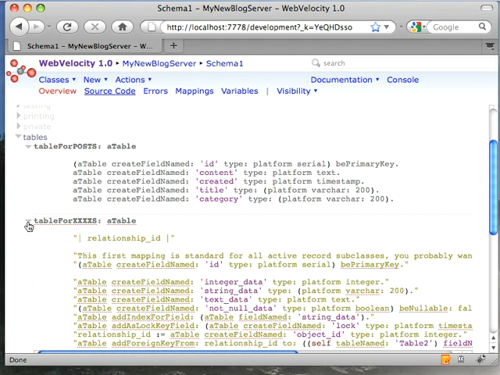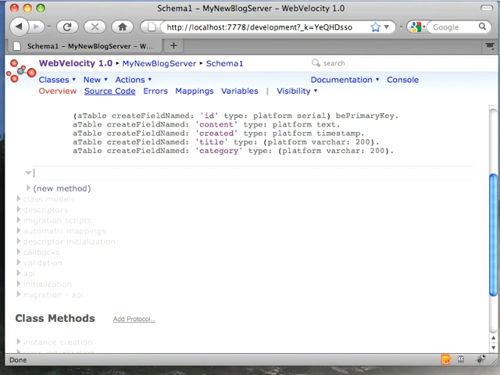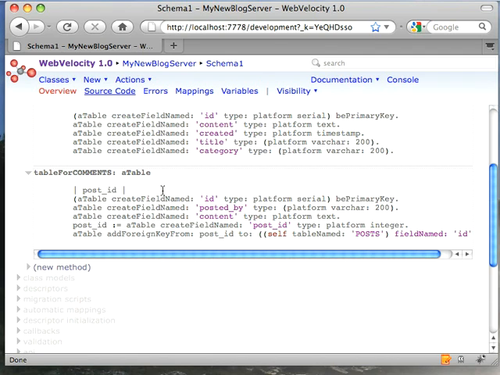And this one's going to be for putting in our comment. So there we have the table for comments. Now notice how I do the foreign key relationship. First I set up my table ID, posted by, content. Then I create an instance variable, create a field named post ID, type integer, so it's going to map over